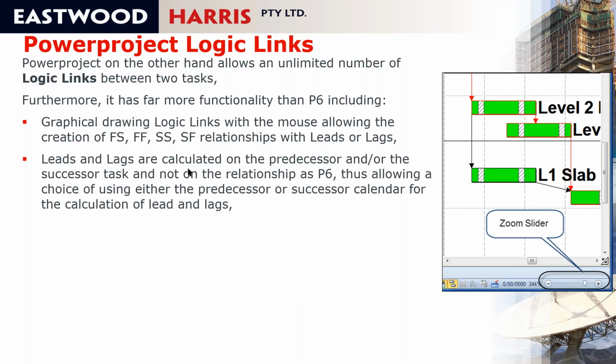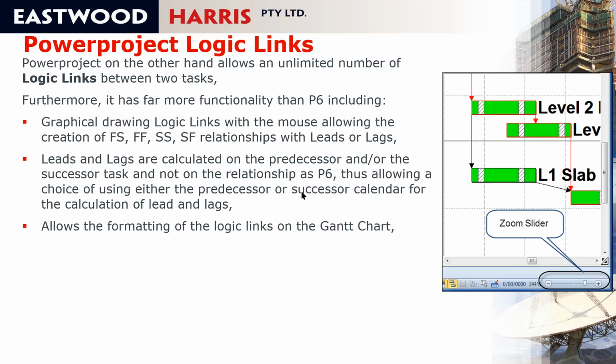The leads and lags are calculated on the predecessor and/or successor tasks. So the lead or lag is more logical. You say, I'm going to draw a relationship from that point in that activity to that point on that activity. So what you're actually putting is the lead or lag on either the predecessor or the successor task, which is far more logical. You can format all the leads and lags and relationships that you can't